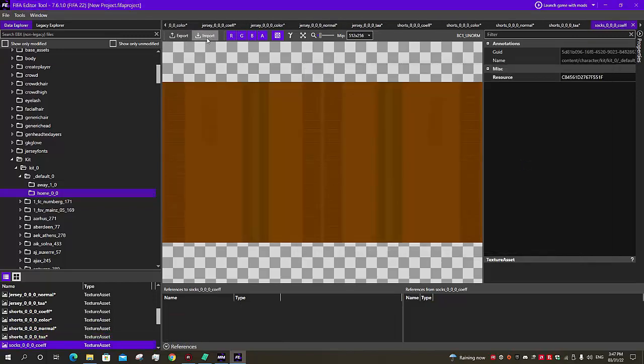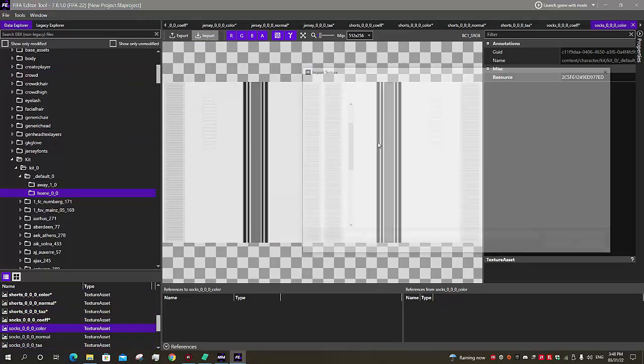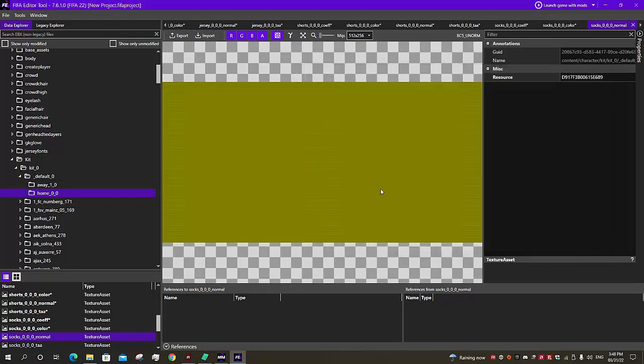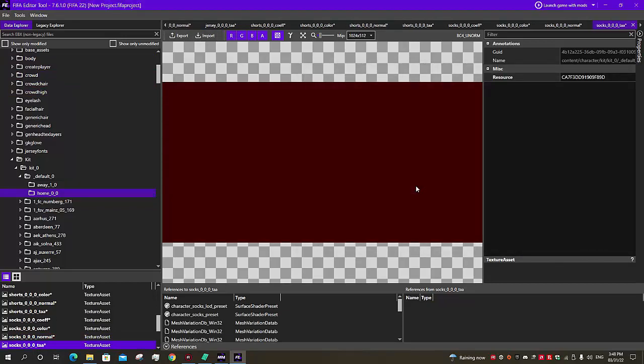TAA. Now onto socks, color, normal, and TAA. Now a very important thing as well is to open, since the placement of various variables like the name on the back of the shirt, or the number on the back of the shirt, or